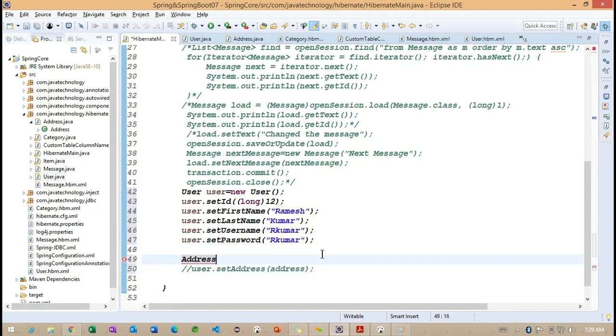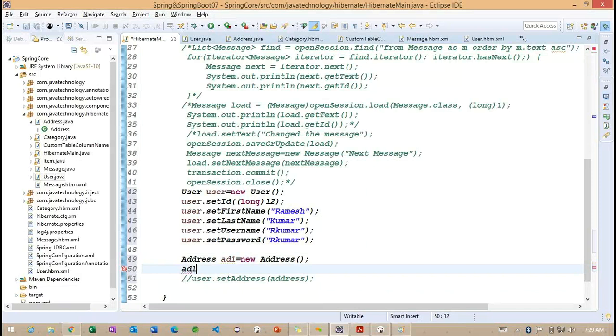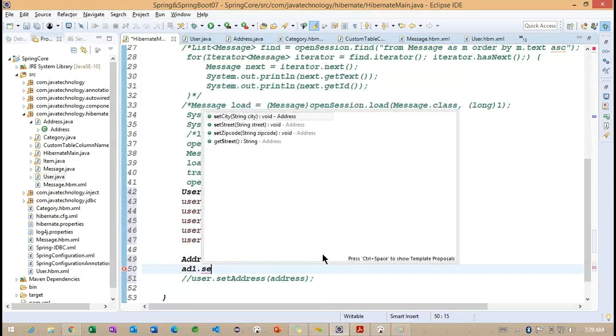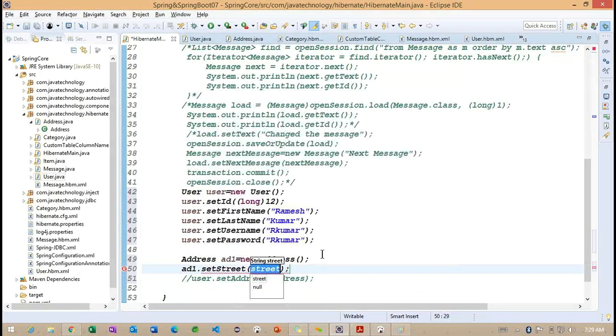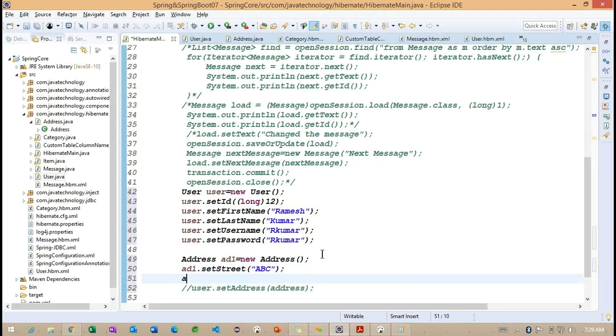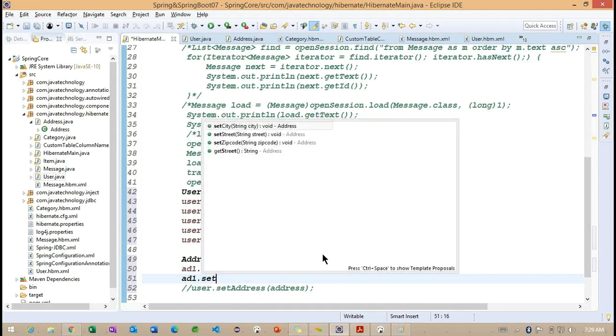So I'm not adding address right now. We'll try to work with the address here. And set street, and the street I want to provide something ABC.